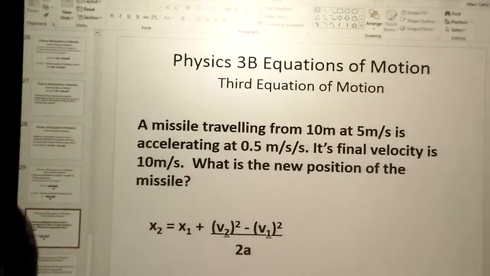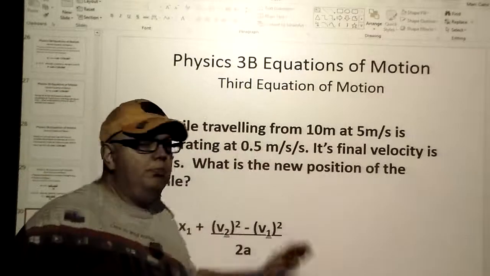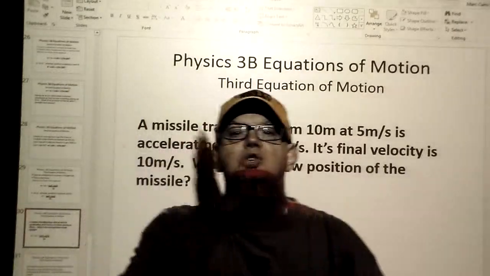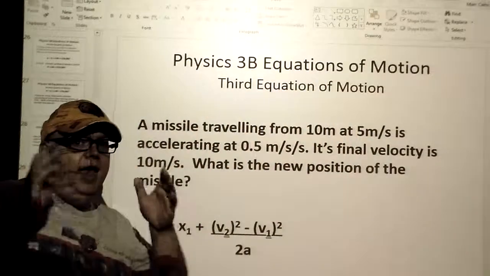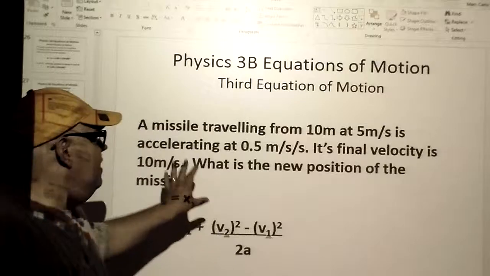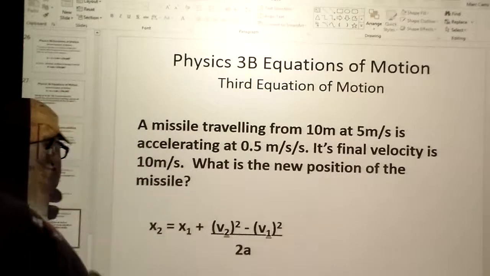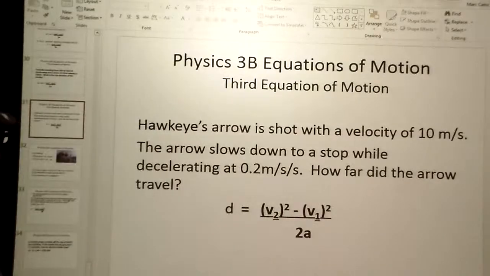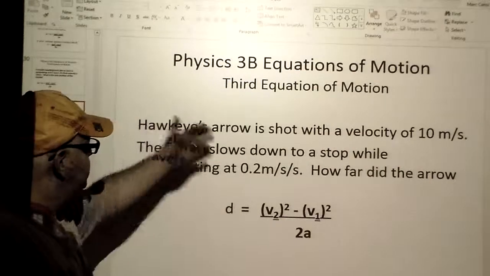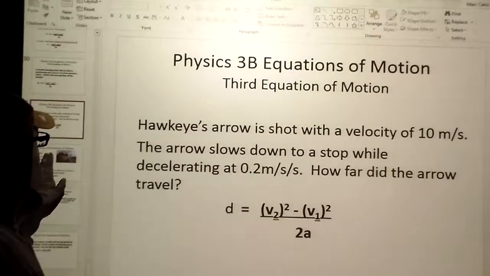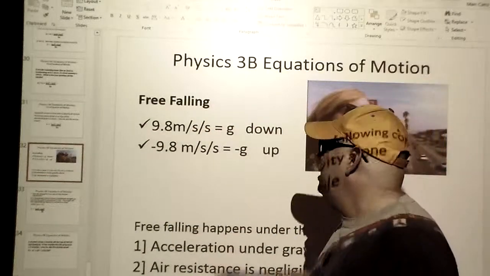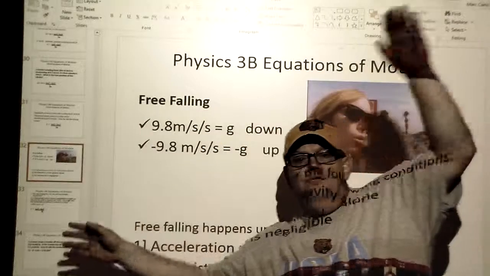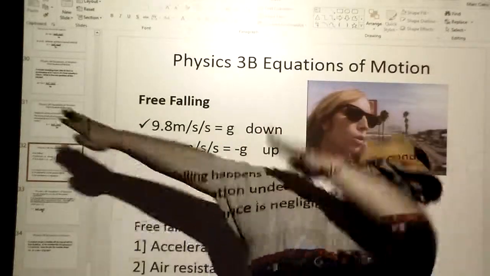Okay, so again, I made examples where the numbers are small, and you can easily work that out. Okay, and if you paid attention in class, this shouldn't be too bad. All right, let's move on here. So third equation of motion, again, this is using another example here, and then we're winding down the review here. Free falling now.